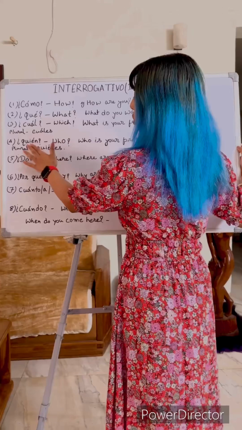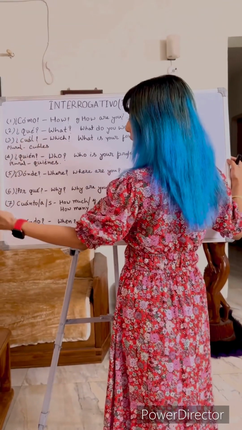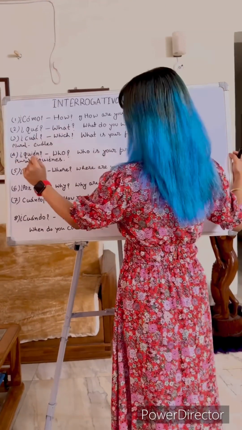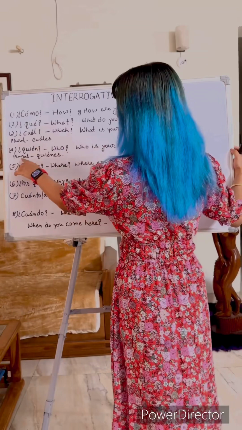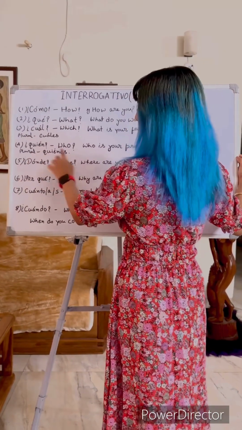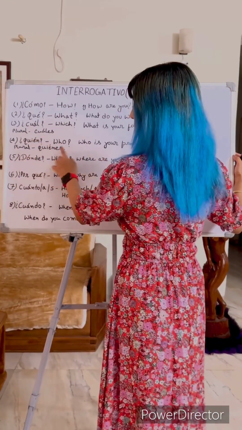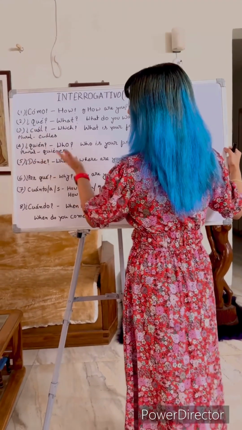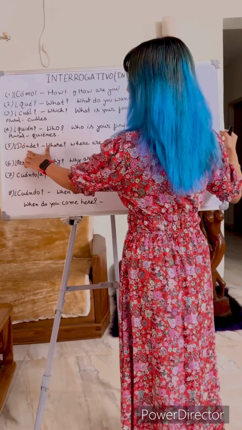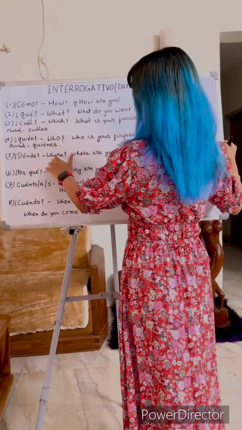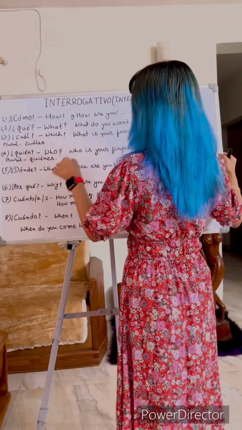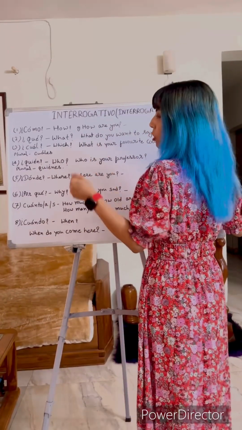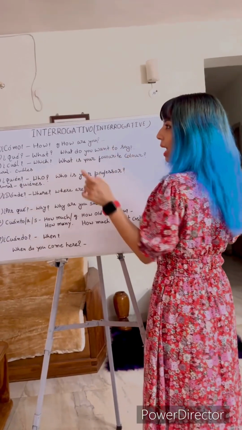Next is quién, Q-U-I-E-N, quién with an accent on the E. Quién means who, and you are also supposed to make it plural if the noun is plural. So quién would be quiénes. It is again ending in a consonant, so es, quiénes. Then dónde with an accent on the O, D-O-N-D-E. So with an accent, dónde means where. But if you are not using it in an interrogative sense, without the accent, then again it will mean where, but it won't be a question. It will just be in a sentence and it will mean where.